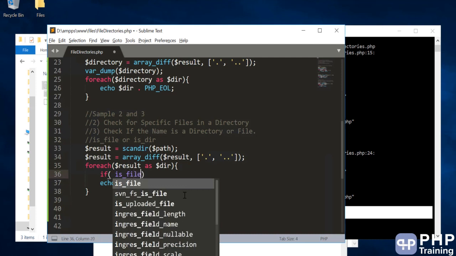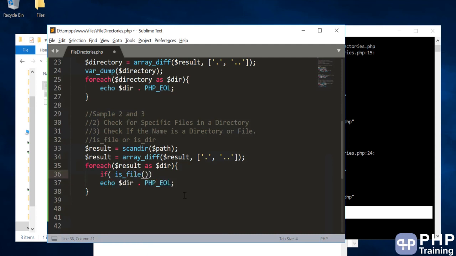Okay, if you say is file, so is file is a method using which you can check whether the file is a file or a directory. For that you have to pass the path first, because you're checking inside that directory, and then you have to pass in the slash, right? You need to check whether the file is inside that folder. So now you can say $dir, right? So this is basically checking the folder name slash the file, and you're checking that value is a folder again